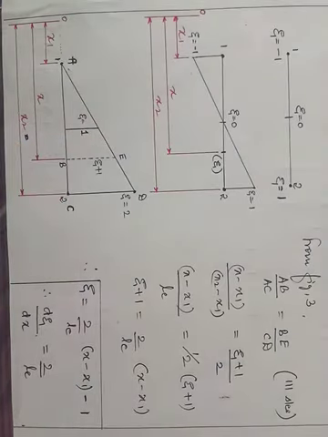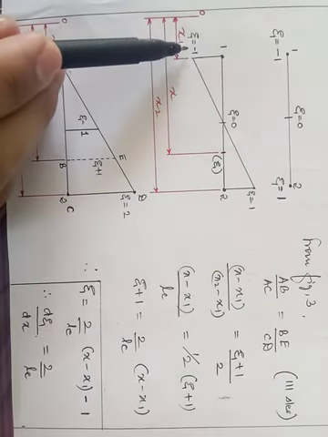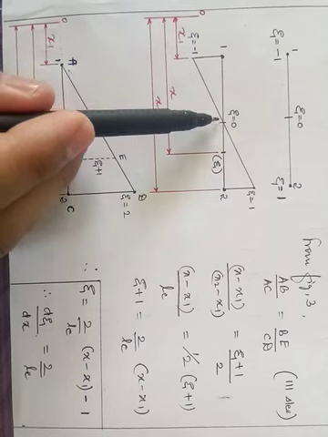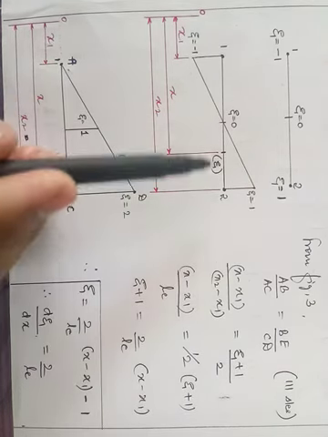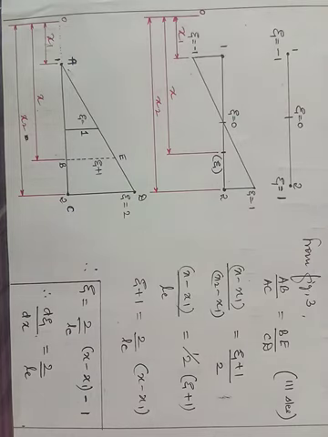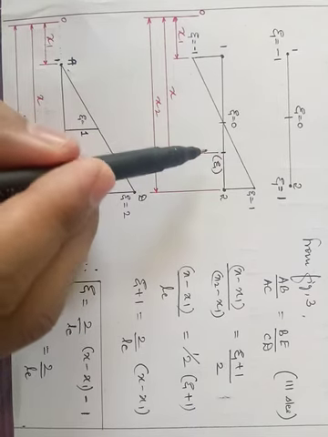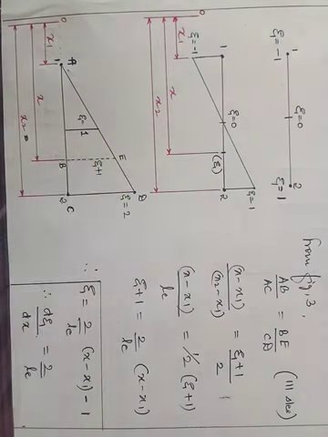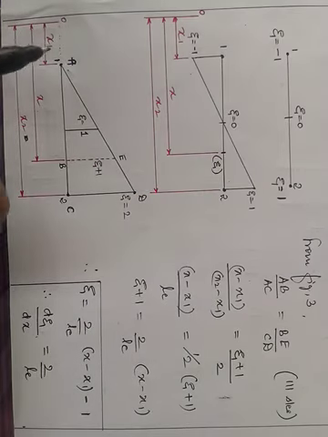Now there are only 3 definite points which we know. Here at node number 1 zeta is -1, at the center it is 0, and at the extreme end it is +1. But intermediate zeta can take any value which is ranging between -1 to +1. So I have taken a general point, and I am just assuming that the value of zeta in general is zeta right now. Okay, I have not given it any value, I have just assumed the value as zeta.